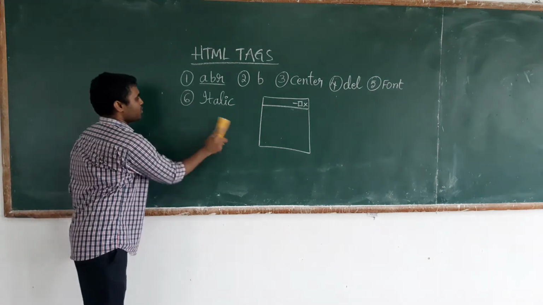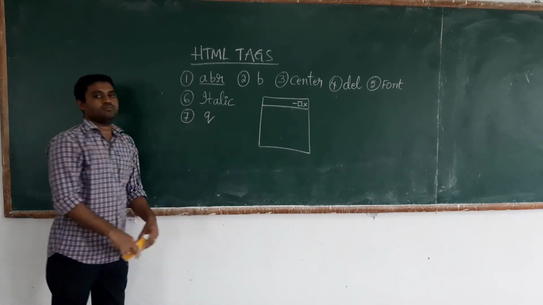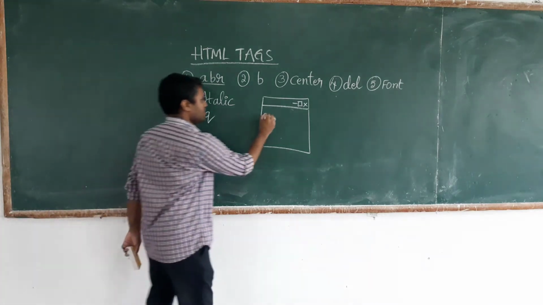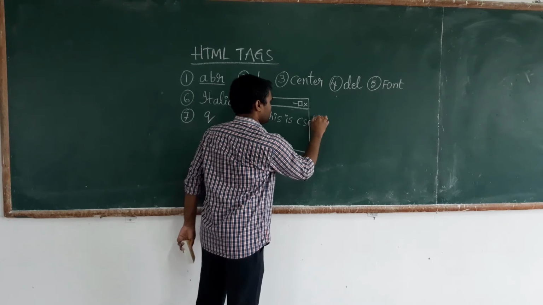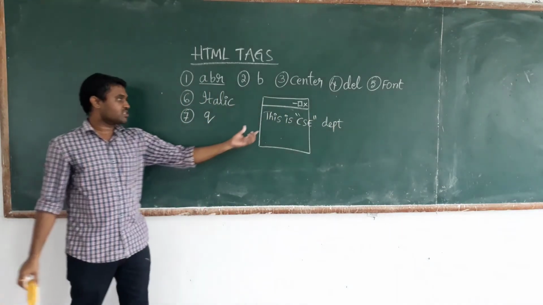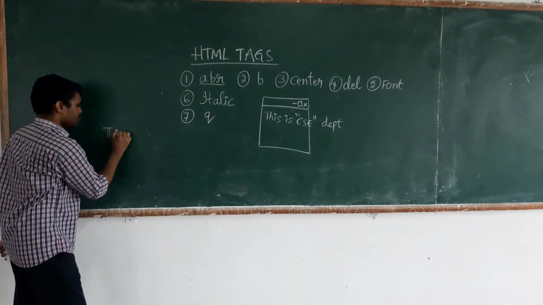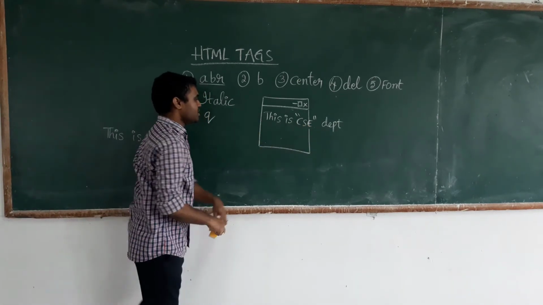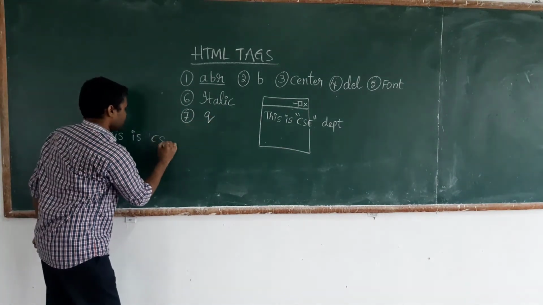So one more tag, that is the 7th one. The Q tag. It is used to display the text with quotes. Let us say for example, this is CSE department. I want to display the text in this format. So in such cases I can write a statement like this: this is, so CSE department should be quoted with some text like this: CSE